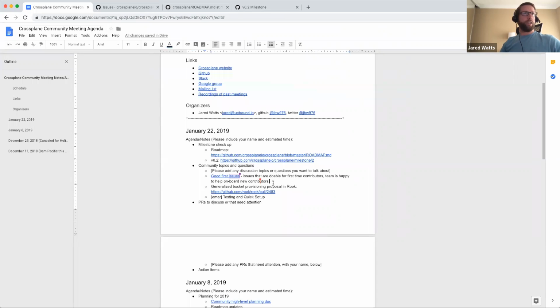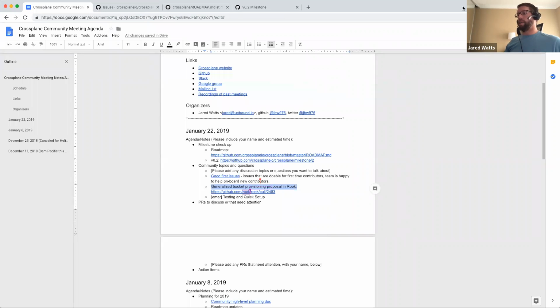Alrighty. So we might not need to go into much discussion on this, but I wanted to at least get a pulse from folks in the community here. In the Rook project, the CNCF project that some of us also contribute to, a cloud native storage orchestrator that focuses on orchestrating, deploying and managing storage solutions in cluster, there is a proposal that had started as how to provision buckets for Ceph, but it's kind of morphed into a generalized bucket provisioning proposal. I was wondering if anybody had the opportunity to take a look at that or provide feedback on that.